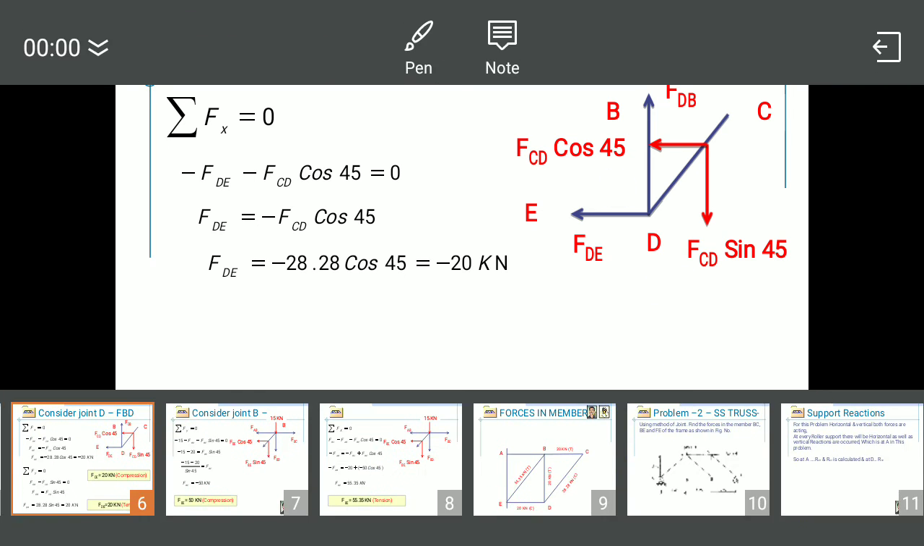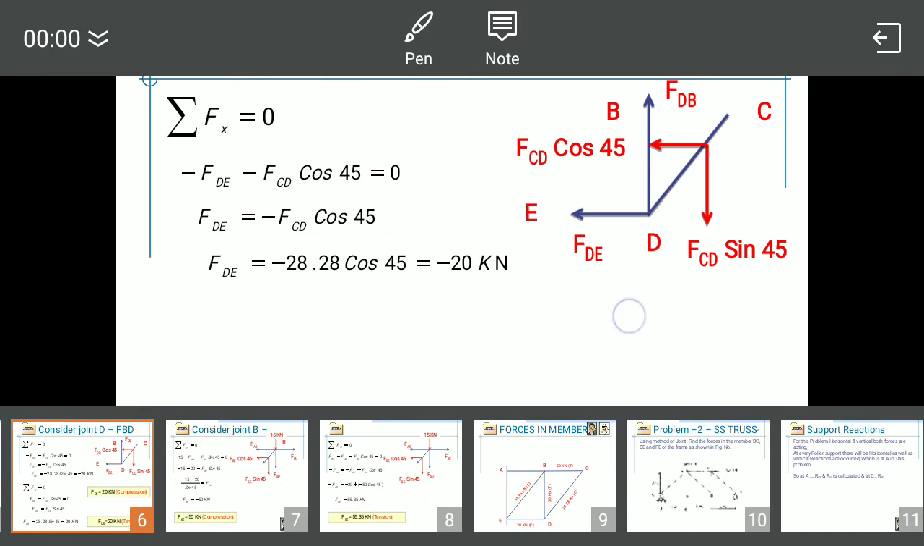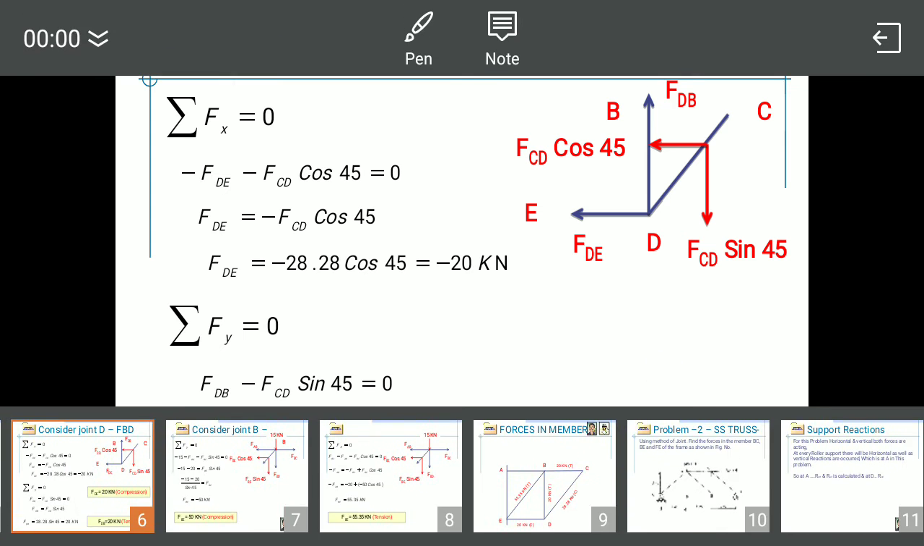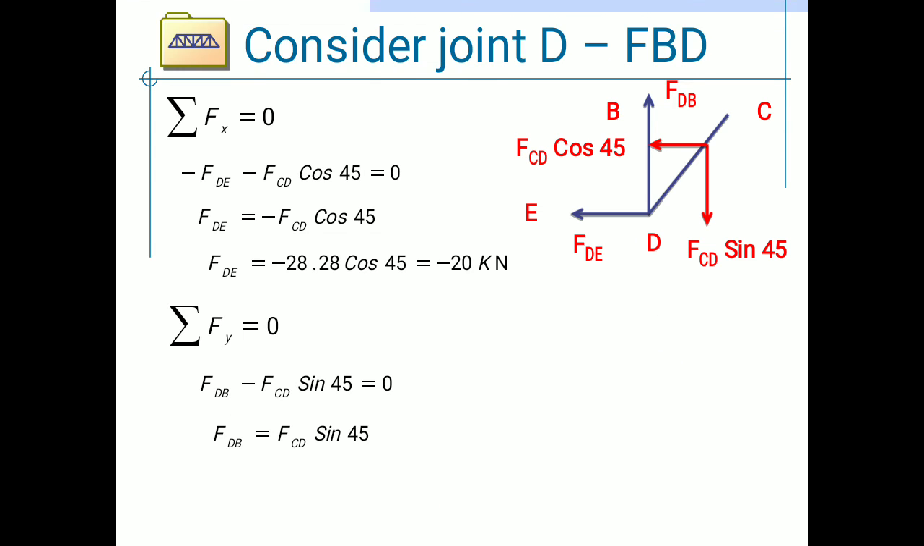Now apply the second condition of equilibrium, that is summation Fy is equal to 0. The vertical forces are FDB and FCD sin 45. FDB is in the upward direction, so taken as positive, and FCD is in the downward direction, so taken as negative. By solving the equation, we will get the value of FDB, which is